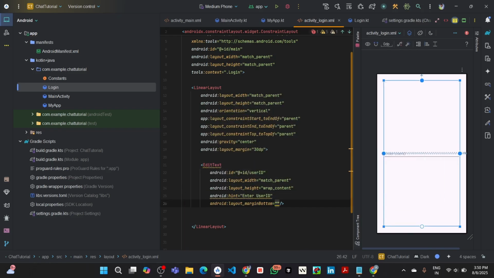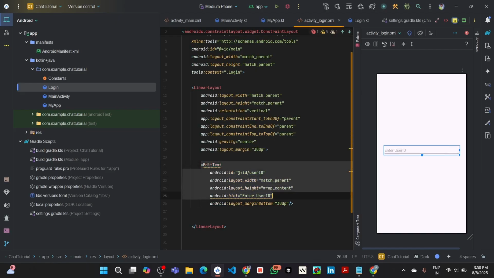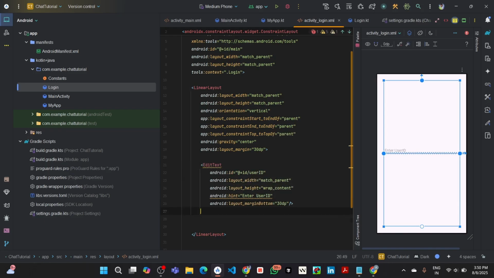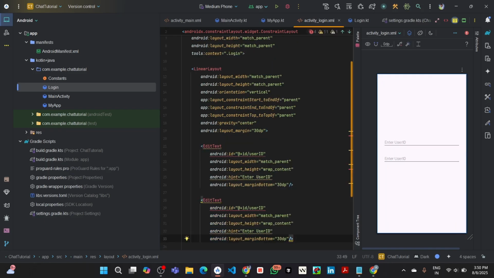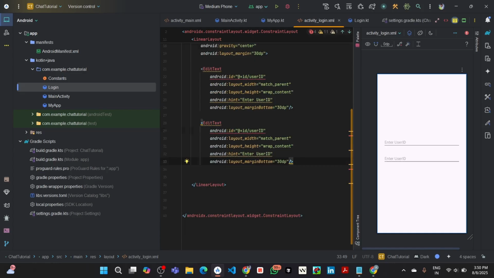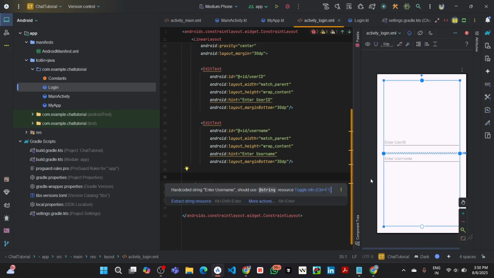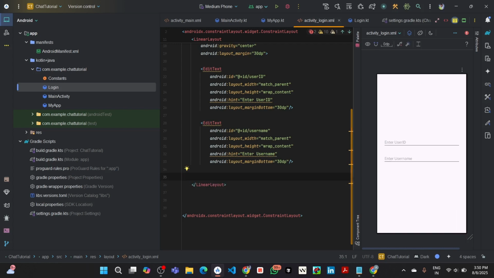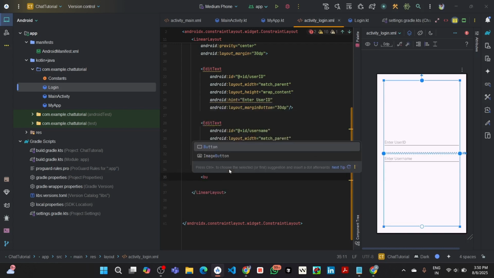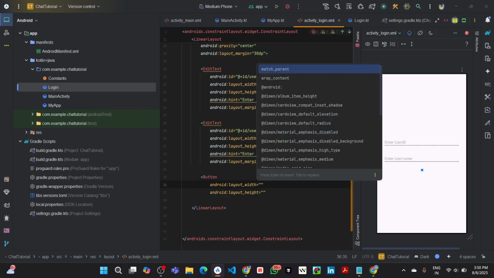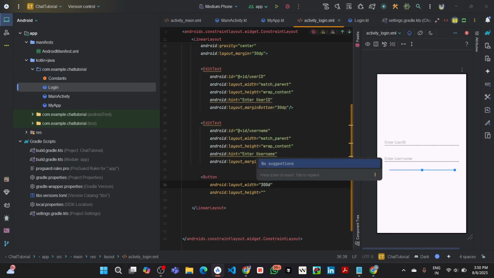Margin bottom I will give 30, and then I will copy this same and paste it here, because we need two edit texts, and in the second edit text we are going to store the username. So I will write username, and one login button. So for the button I will give 300 dp